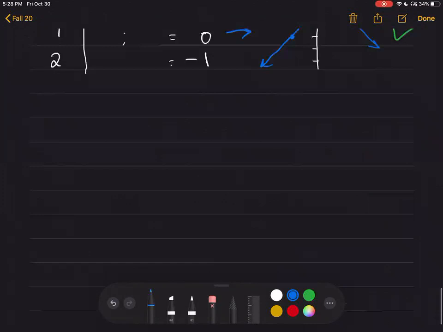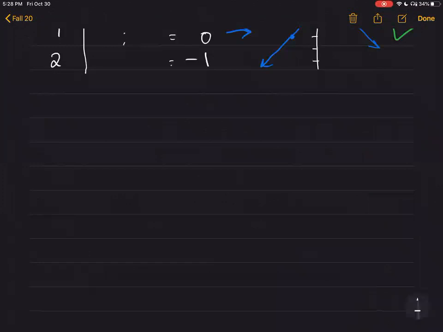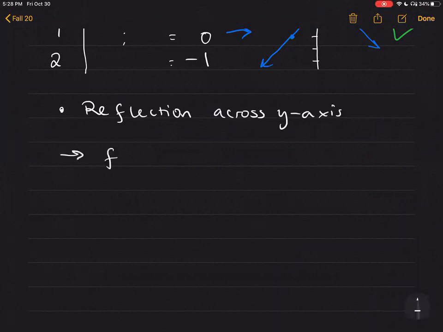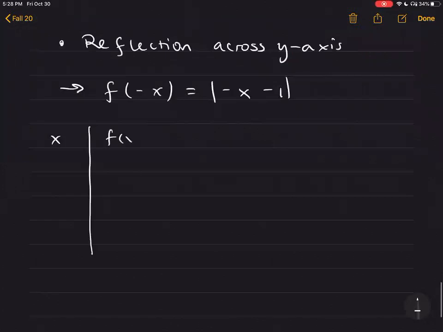So now let's look at reflection across the y-axis. If we remember from our rules up there, that's going to be a negative sign inside the function parentheses. So if we put that in context, that'll look like absolute value of -x minus 1. And so if we do our points,